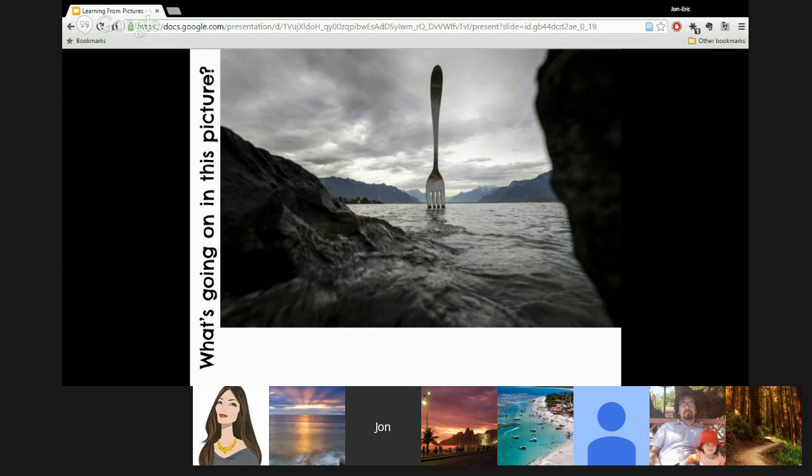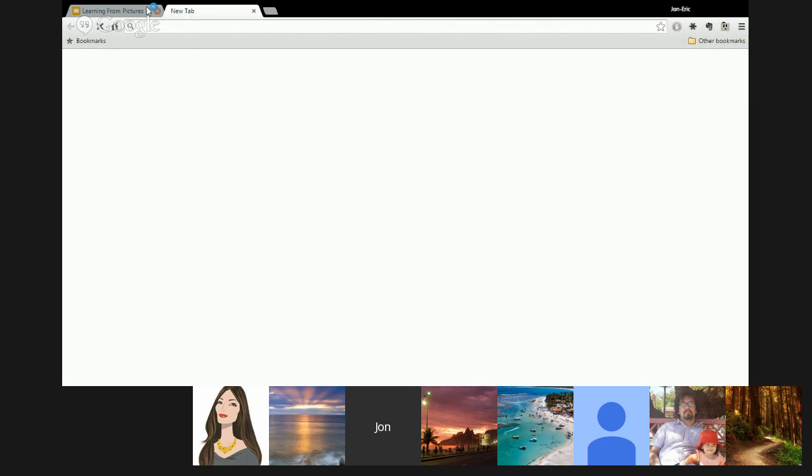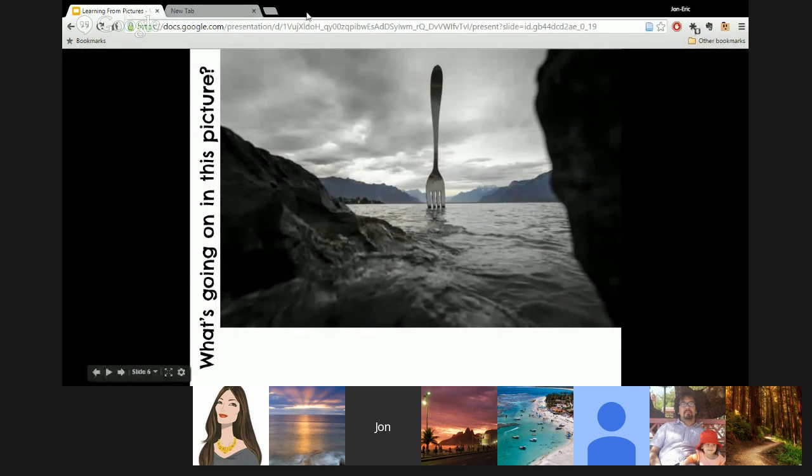In the Verbling chat. Okay, go ahead, Diego. Here, fork and giant beside it. Yes. A giant fork